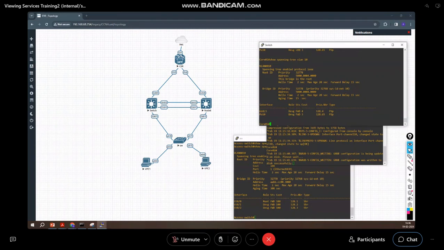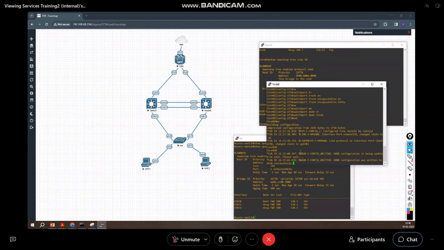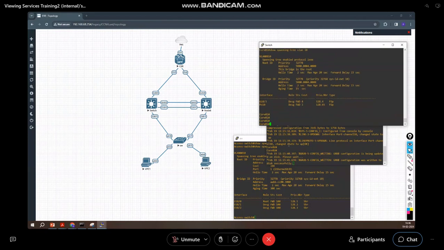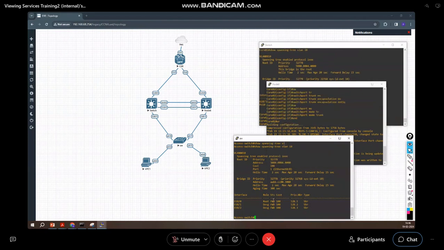Moving ahead. And it should get blocked somewhere. So if I check here, if it is C, Ethernet 0/1 has gone into the block state. So this is how we have avoided the potential loop between these three devices, which is this switch, and